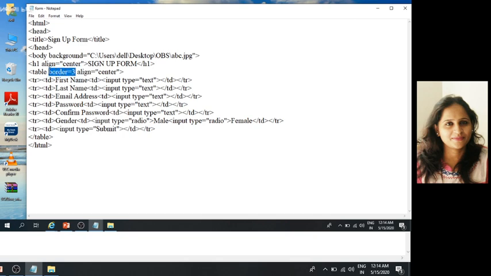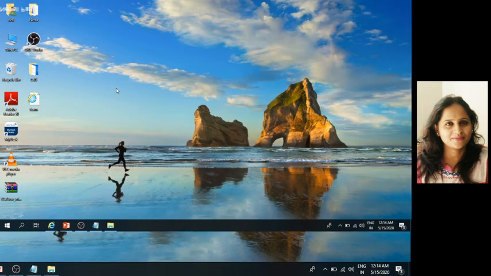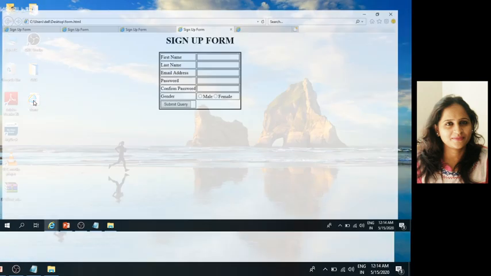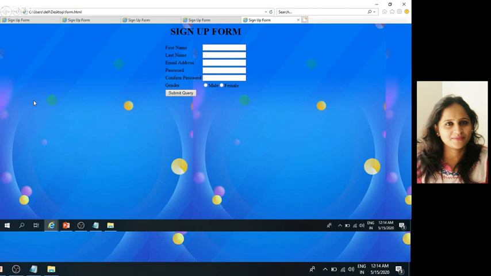Remove the border, then again save it and reload it. Okay, this is our final output.